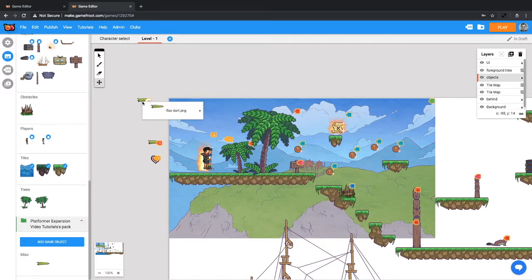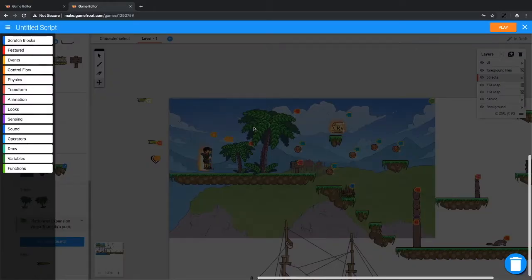Now, what's the projectile going to do? Let's add a script, think about what we want it to do. We want it to shoot at us from the right side of the screen, so it'll face to the left. It's not going to collide with anything. It'll position itself just out of sight of the player, so away from the camera. It'll randomize its position, so it might be higher sometimes, it might be lower sometimes, and it'll shoot towards the